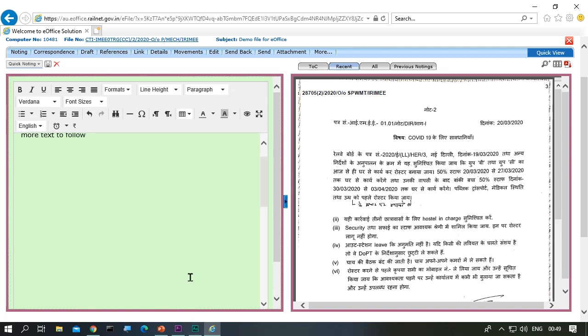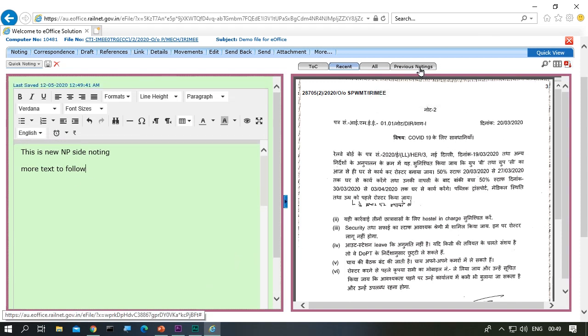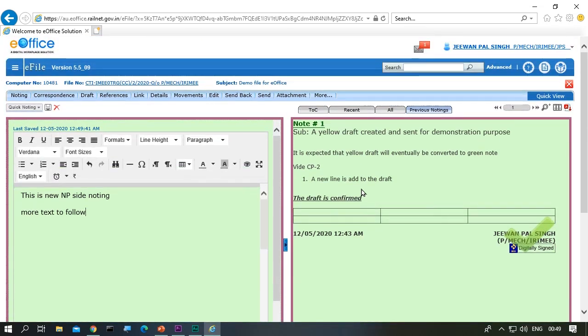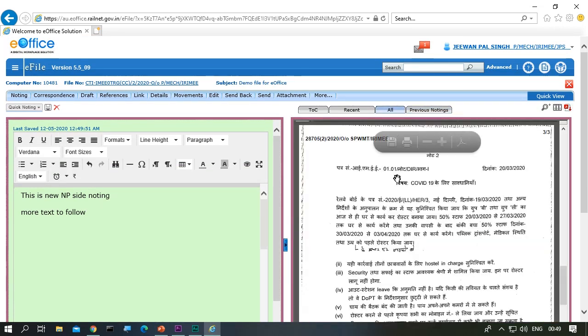If you click on that, you can look at previous notings on the right-hand side. Refer to all of the previous notings, scroll down to different pages if you want to refer, and then create new notings. Here, apart from TOC, recent and all, previous noting is the fourth tab.